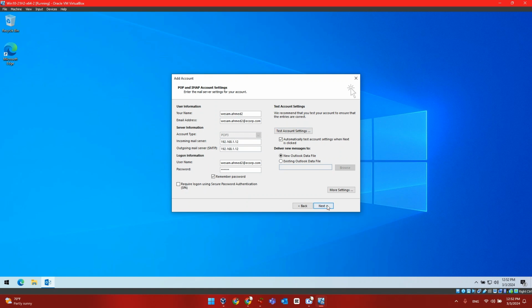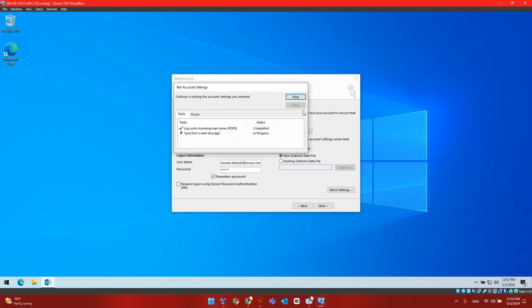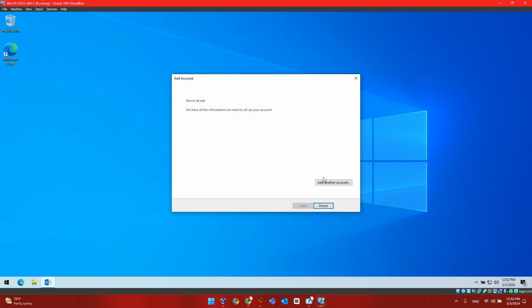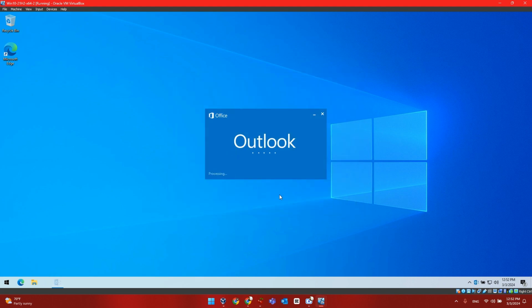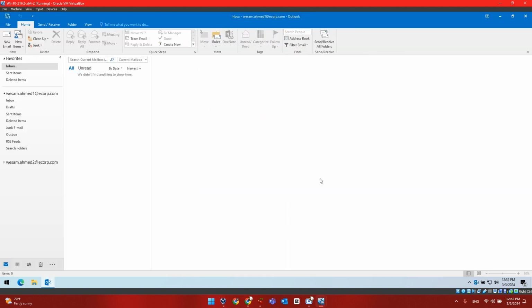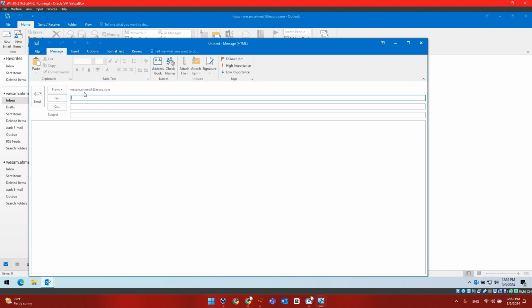Everything is okay. We can press next. Okay, now we can finish. Now we have Wissam Ahmed 1 and Wissam Ahmed 2 successfully added to our Outlook. So we will just test reachability between two emails. I will send email to